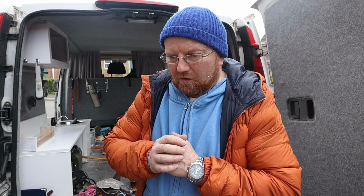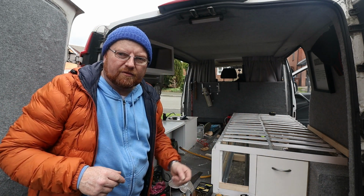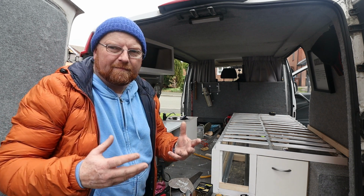Now, mess was the biggest problem. When you finish late at night and you throw everything in the van, you shove it underneath the bed, you do whatever needs to be done in the old design. It wasn't right. Always when you try and do something, there's always a plane or something, isn't there? Well, I hope they're going on a nice holiday. We'll carry on regardless. All of this has cost me about 30 quid so far in reused materials, and by repainting and trying to find a way of making it work,